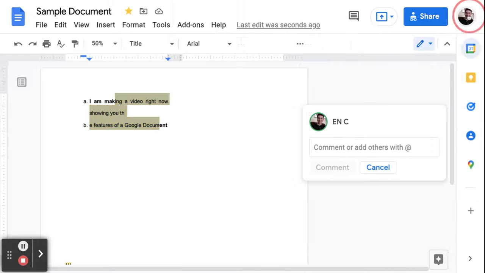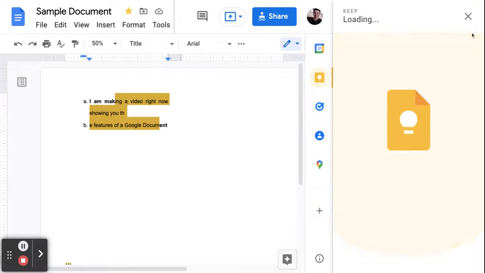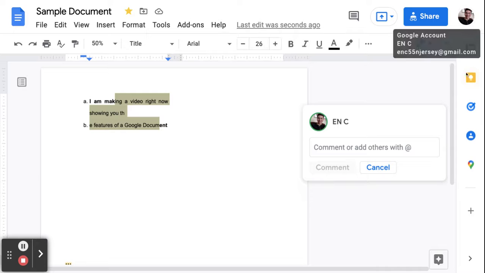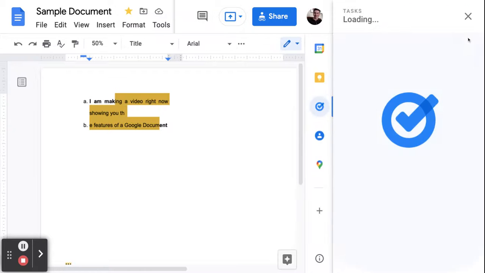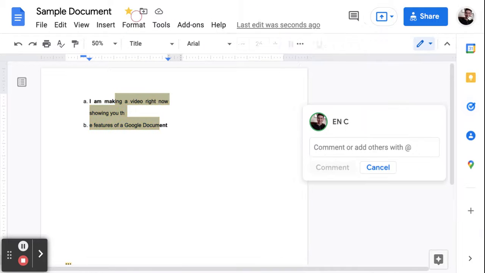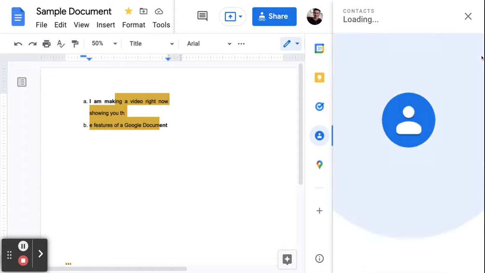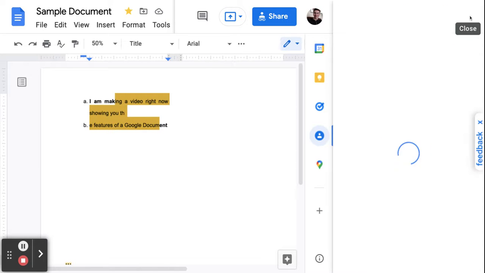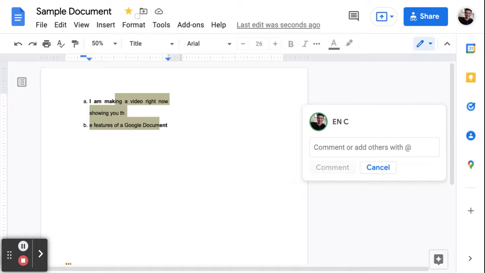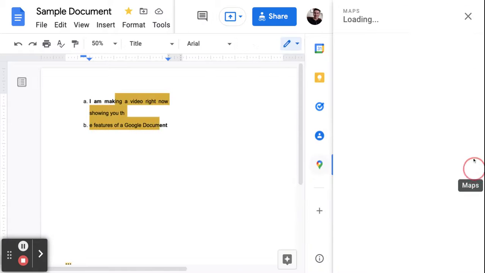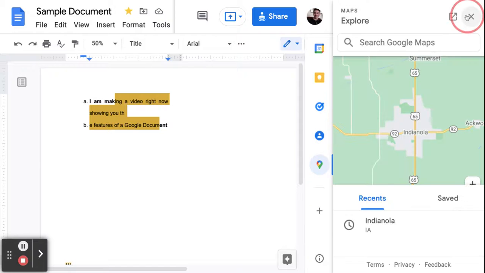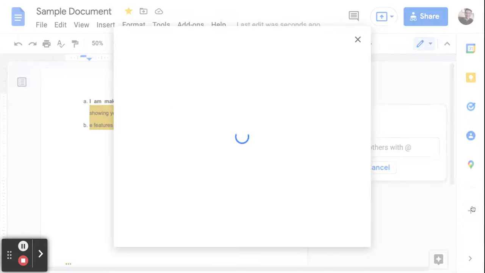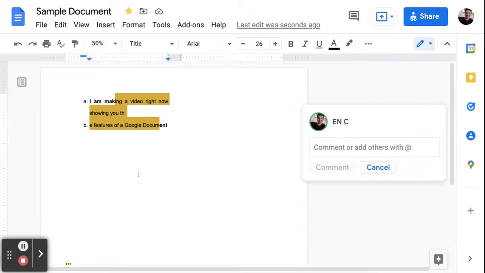Shows you your Google Calendar here. Shows you Google Slides. You can connect to that. Shows you that. Shows you this here. And it would show you contracts, Google Maps as well. You could add something here as well, and that would be